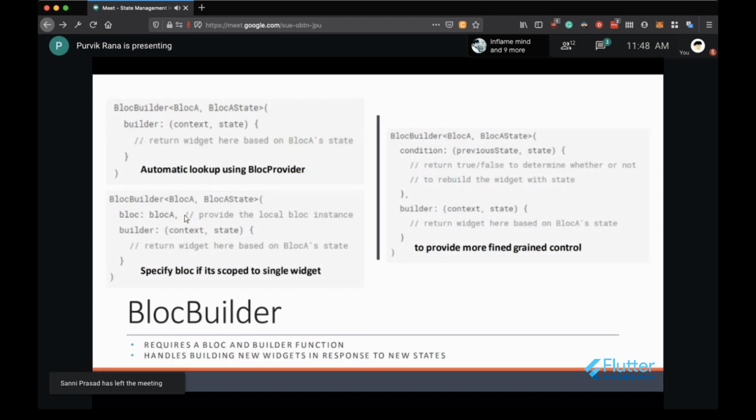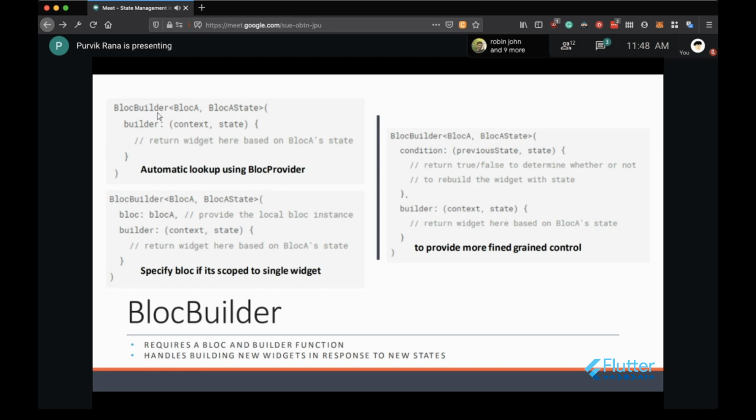Now talking about the block builder, this is the main thing which is handling the UI changes whenever the new states are there. So block builder consists of two things, that is the type of the block it is having. So it will have the block itself over here, and the state that a particular screen will have. So a single block instance will be there, the state will be there, and it will have a builder function which consists of the context and the state.